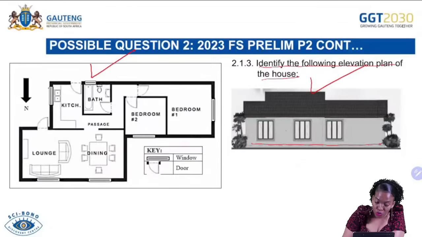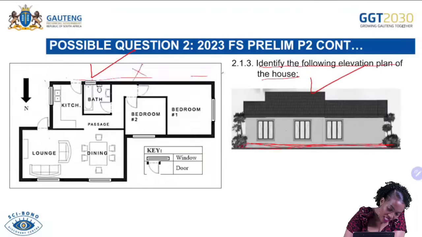So when you match these two diagrams, it means we are looking at this side, the side that has 3 windows on it. Let's start here. How many windows are on this side? 1. So this is not the side. Looking at this, how many windows are on this side? There's 1. This is not the side. How many windows are on this side? There's 1, 2,